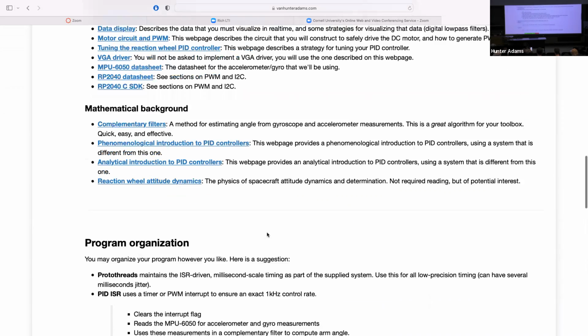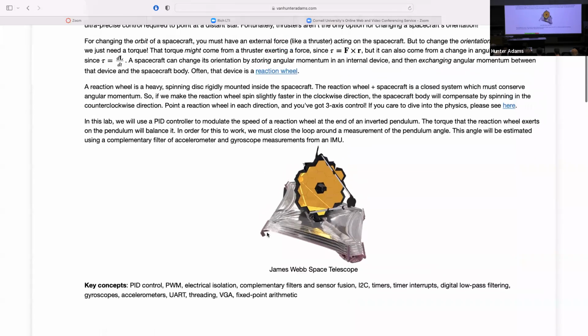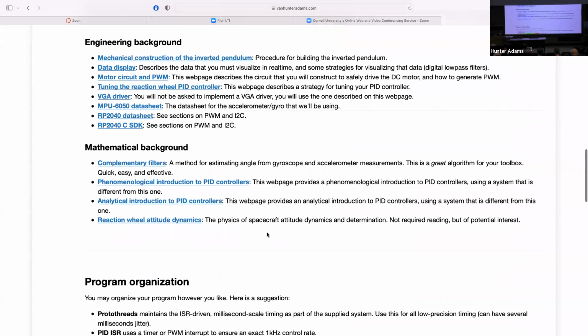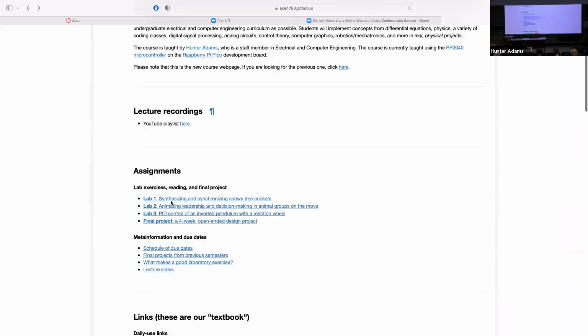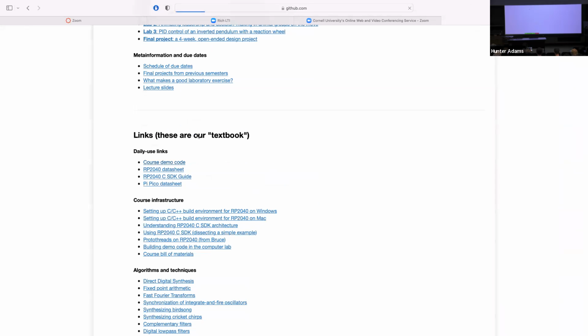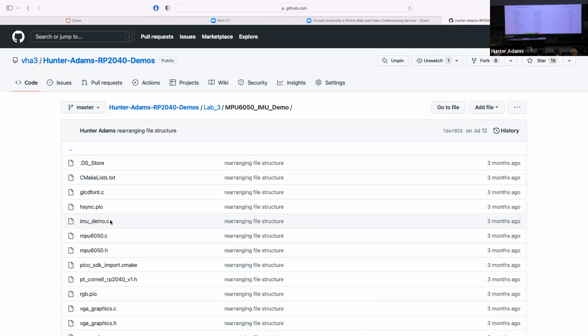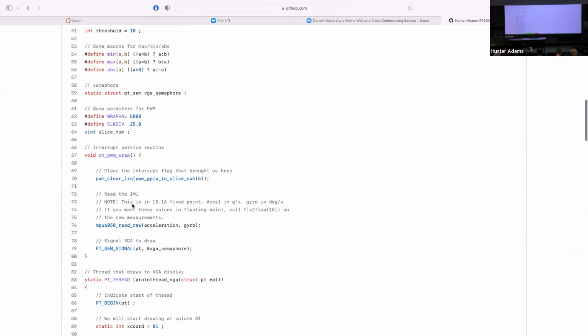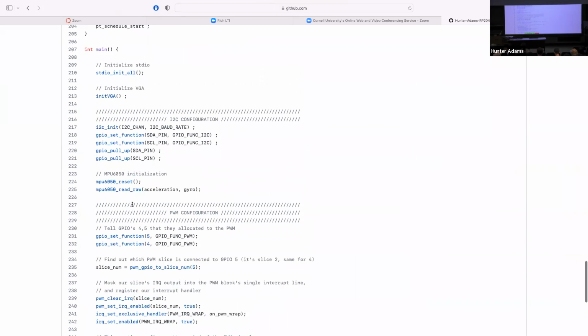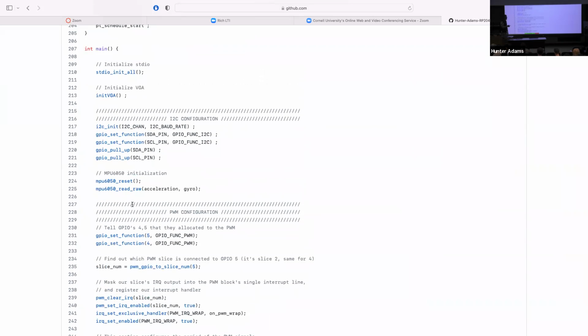I'll remind you, if we look at the demo code, and this is one of those things that maybe manifests as a bug and maybe it doesn't, and it depends in part on how you have physically set up your circuit, stuff like that. But let me just remind you, let's go to the demo code. In lab 3, in the IMU demo, down in main, I'll just remind you that the IMU, the accelerometer gyroscope, is an I2C device. We're communicating with it over an I2C channel.